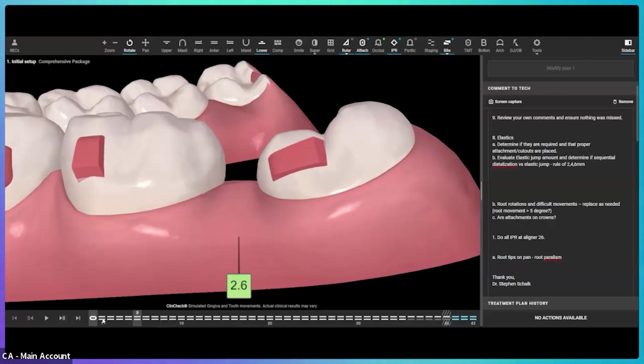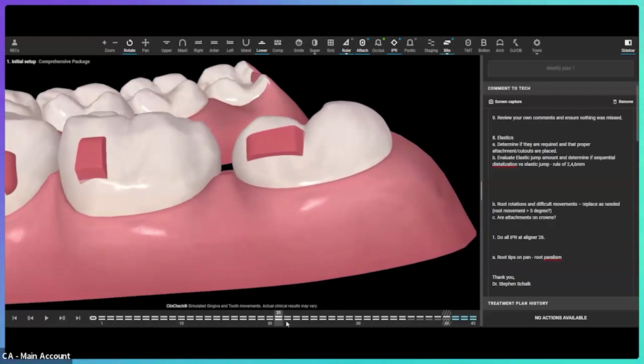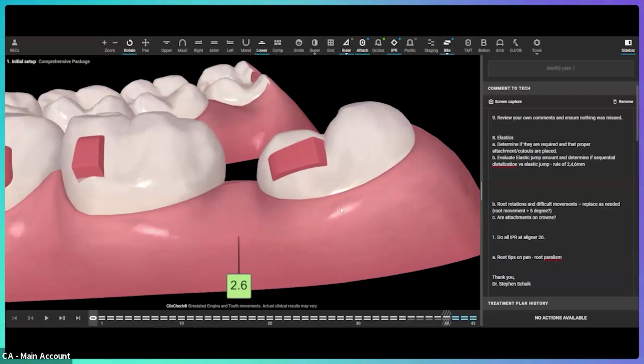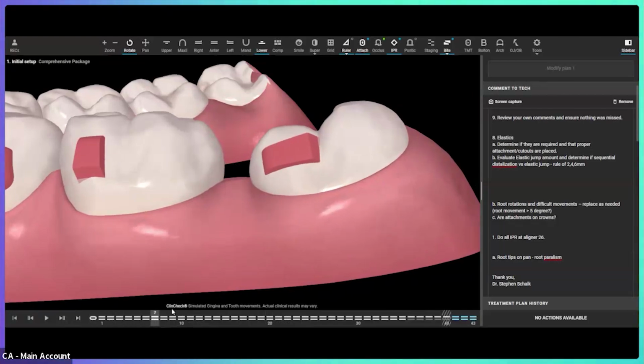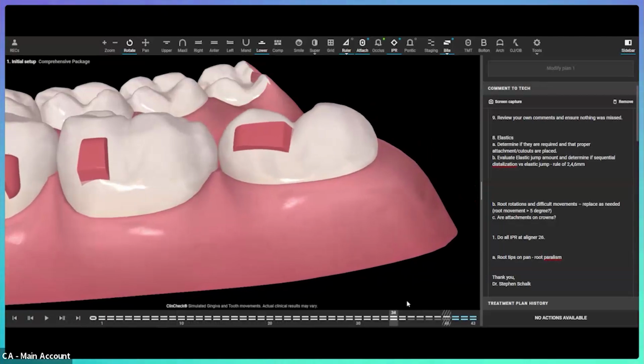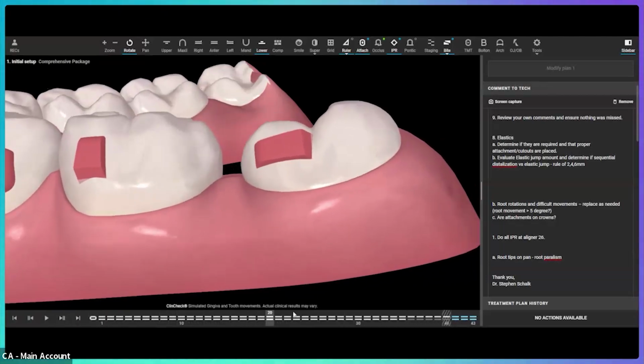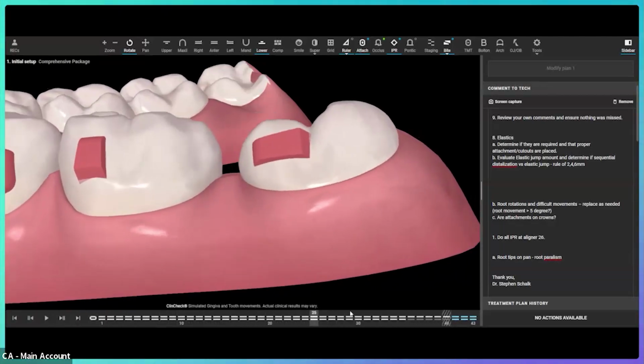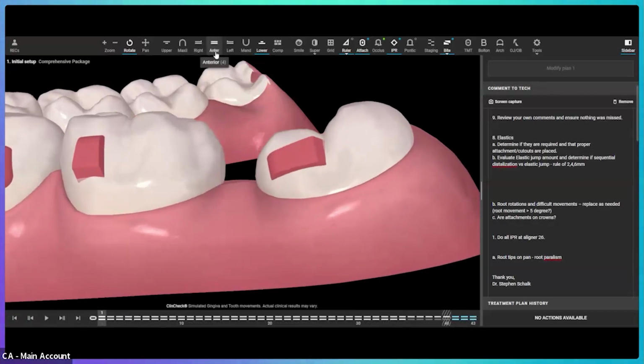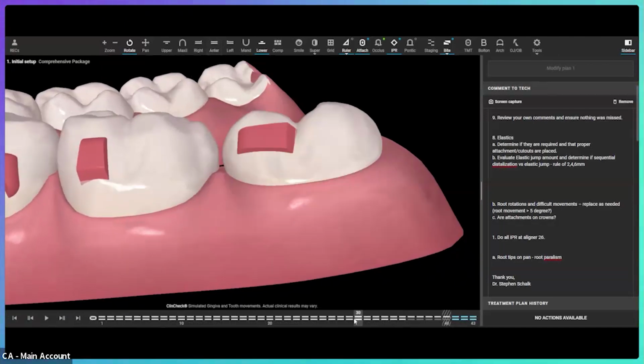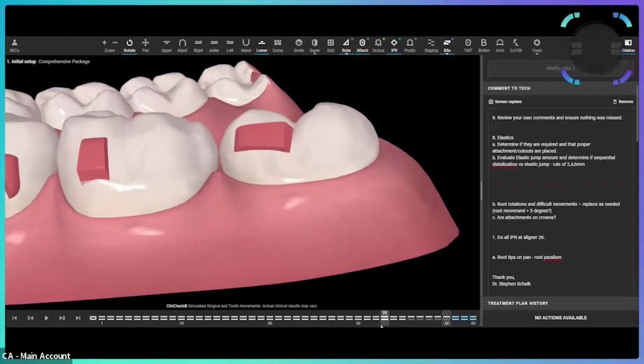But instead, I'm trying to upright the root. So the root's trying to swing mesially. Right? I don't have roots showing here because I didn't have a CBCT integration. But if you looked at this, you would see the roots moving mesially. This mesial cusp is extruding. And it's closing the space. And it's just flying through air. Like it's moving so fast. Again, the movements of everything else is fine in 30 aligners, but the movements of moving a root through that much bone is going to take time,